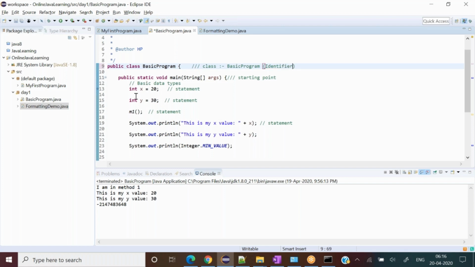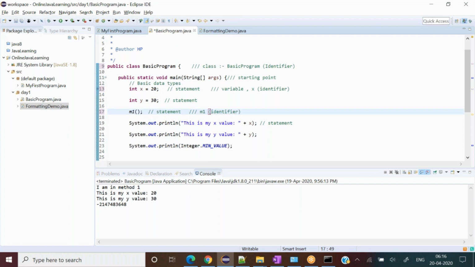Now I come to this line. What is this? This is a variable, right? What is its name? Its name is X, so X is an identifier. And this is a method, or method name is M1, so M1 is an identifier.